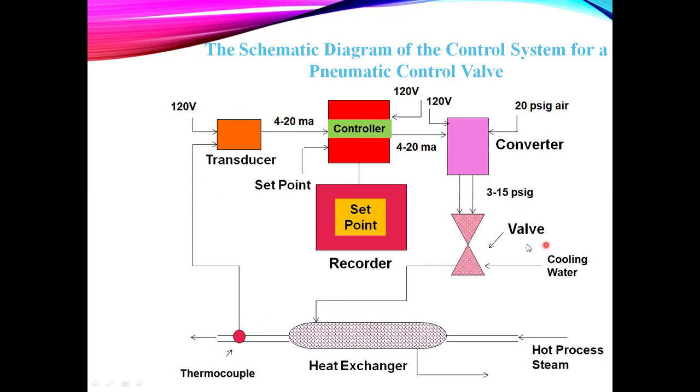of your control valve. So this is just a simple illustration of how your final control element, the control valve, receives the command from the controller and acts on what it is directed to do in terms of the needed cooling water in your heat exchanger. You have to remember that the signals your controller can work on are purely electrical. So we need converters and transducers, that way it can work on what we intend it to work on. Okay, so this is the schematic diagram for that.